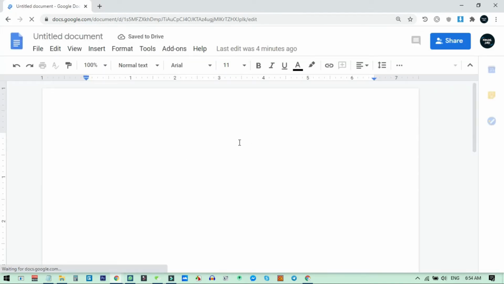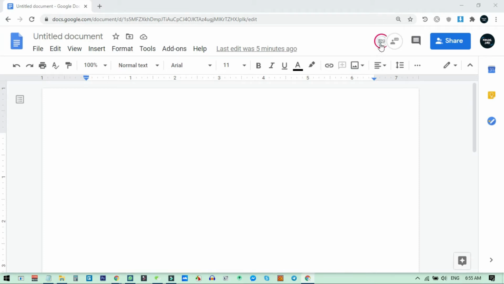So here now you can see there is no other editor working on this, but when someone logs into this document, an icon will show up. So I am using another browser to access this same document with my other editor. So now you can see there are two editors online in this same document. You can see one is the Travel Squad and the other one is me myself.